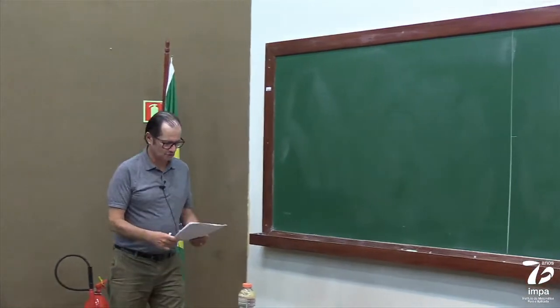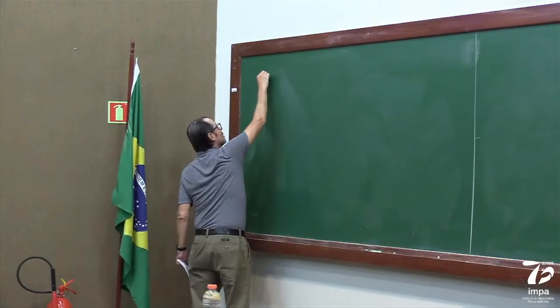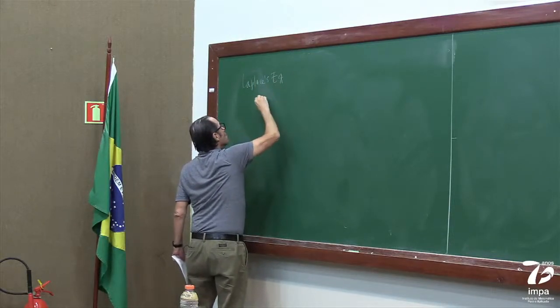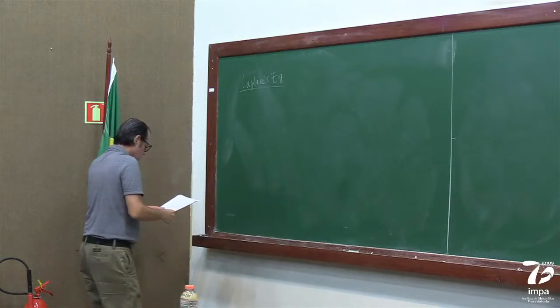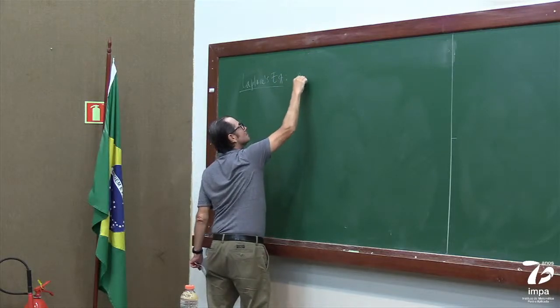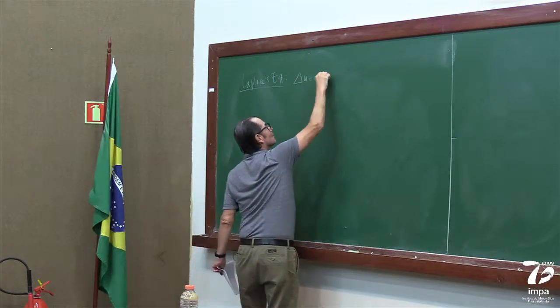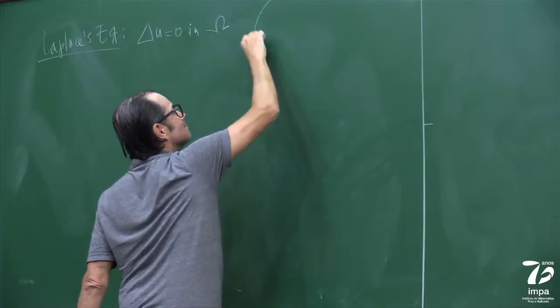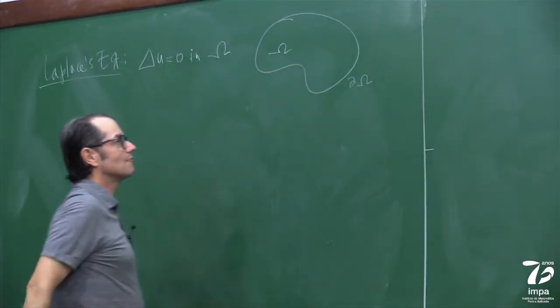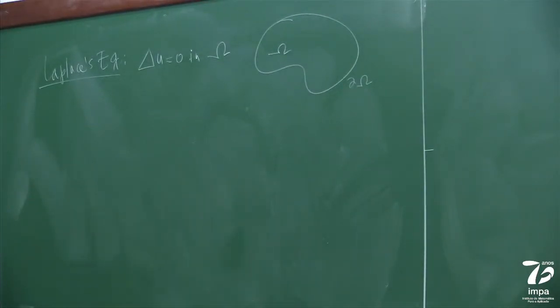Okay, so good morning. Let's go back to where we stopped, which is Laplace's equation. And what I want to do, so we have the Laplace equation, like this, and some omega. Let's think first that we have a smooth boundary. At one point, I will consider corners. And what our goal is